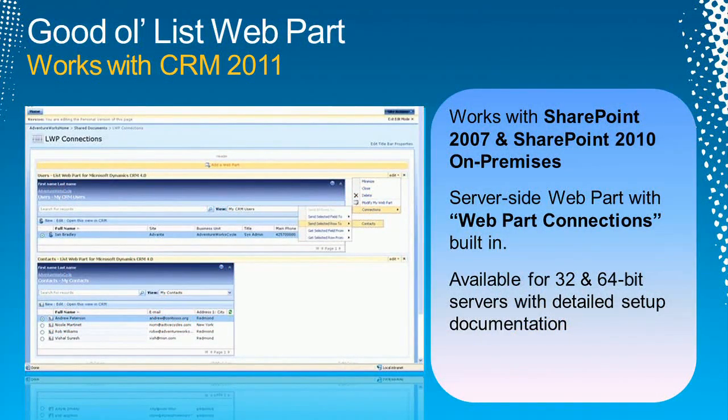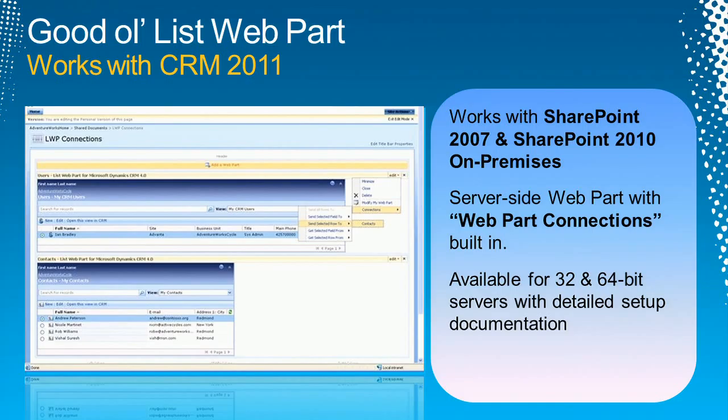Again, this is a custom web part, but if you don't want to write your own custom web part, you could always download the one that we have up on the Microsoft Downloads website. What we had back in 2007 was this thing called List Web Part, a web part that we shipped out of the box that works with SharePoint 2007 and CRM 4.0. But the neat thing is you could download this and use this today with SharePoint 2010 on-premises and CRM on-premises,